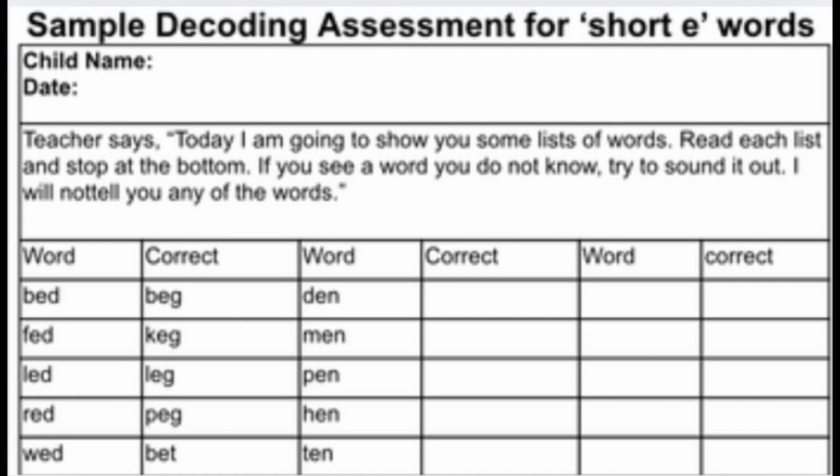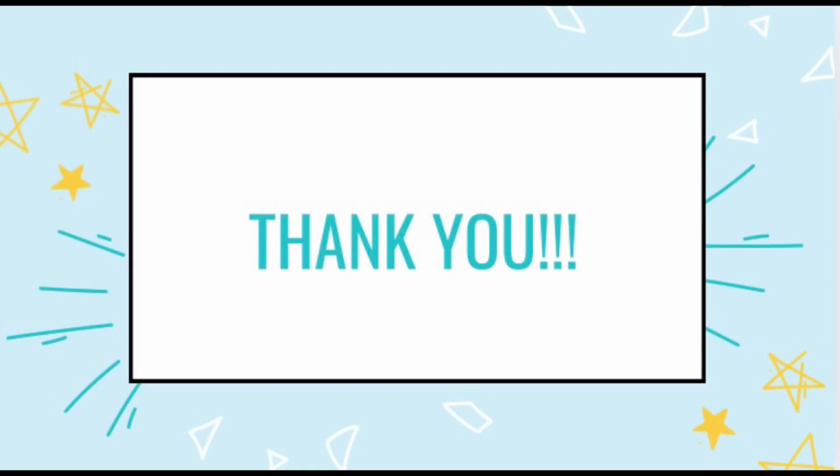And also, kung correct naman yung word na ipinronounce nila, syempre, i-check din ni teacher yung word kung correct din ba. Kung correct lahat, edi, dyan sa gilid na correct lahat. So, by doing this assessment, it helps the teacher find out what reading skills the pupils already know and what still needs to be taught. And I think that's all in my part.